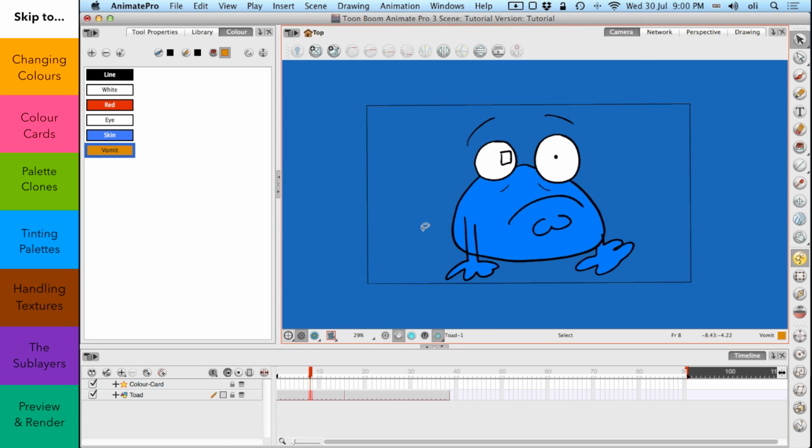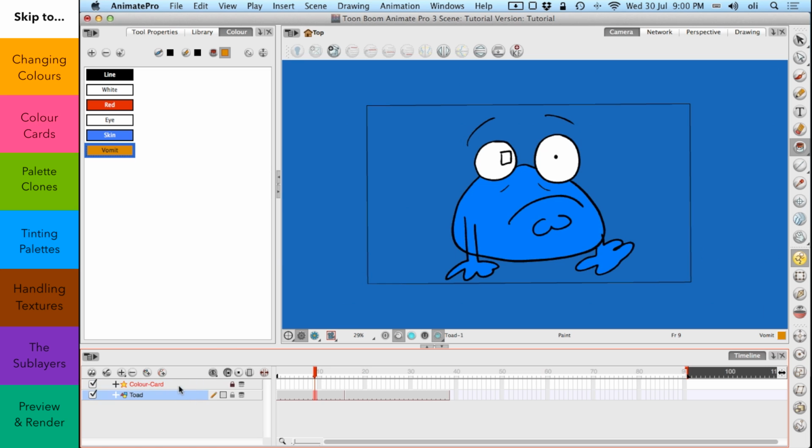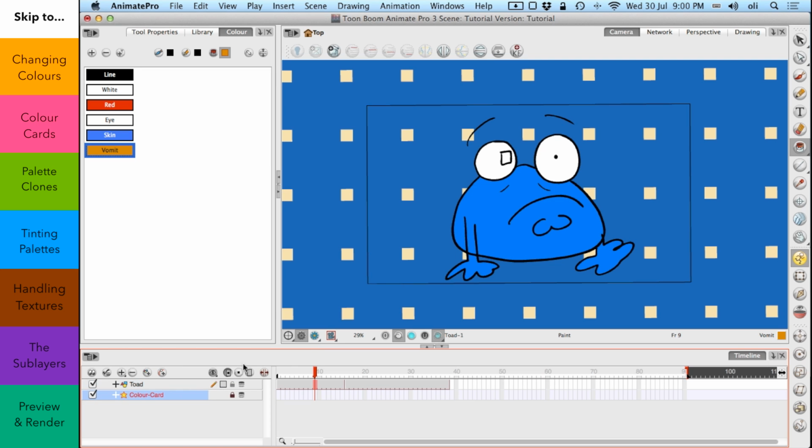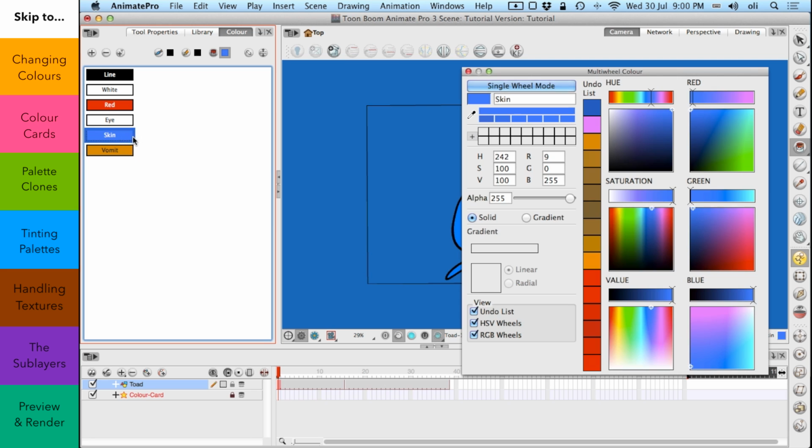Okay, close. So this isn't fillable, this is just, as far as I know, no it isn't. This is just its own layer, this is its own thing. This is kind of generally useful as a starting point really, for most things. I wouldn't say it would be useful all the time. I'm just going to lock that now. Incidentally, you'll notice as well the colour card is on top of the toad layer and yet strangely behind it. Methinks another topic for another tutorial, but for the moment let's just say that the world works in the way that we expect it to, and the toad is on top of the colour card and everything is right with the world. Now I'm going to change the colour of his skin to green,